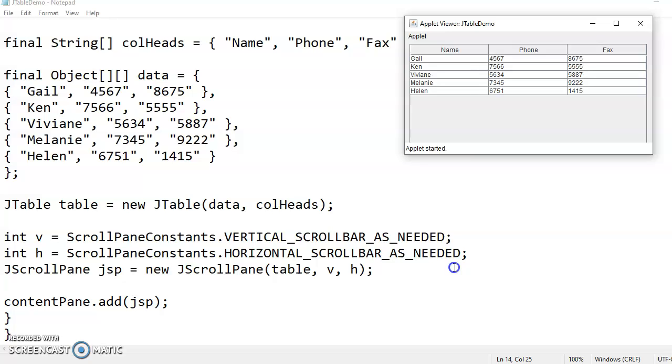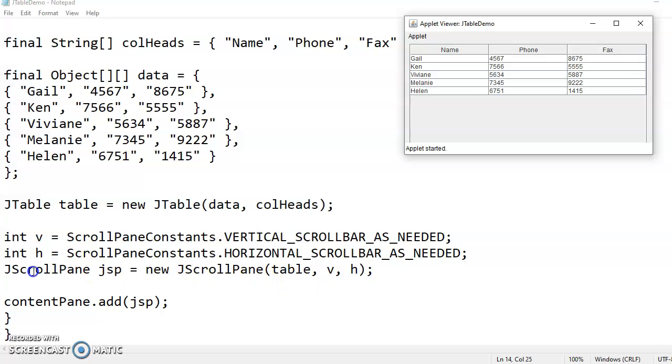So we have set the value as needed, for the vertical scroll bar as needed, and for the horizontal also as needed. Now we are creating a JScrollPane object JSP, and will be passing the JTable as argument with the values of v and h.